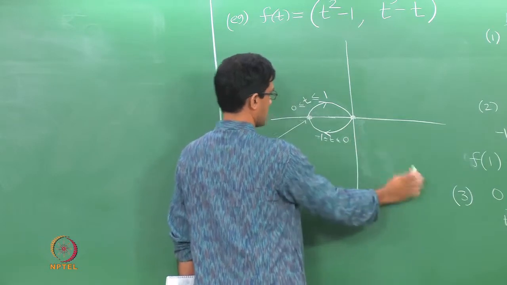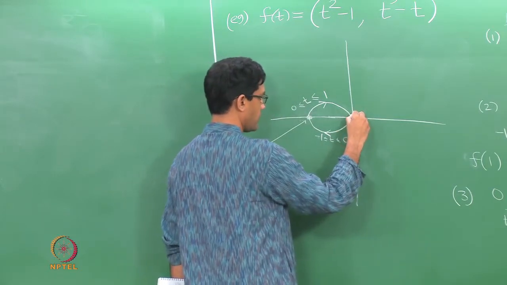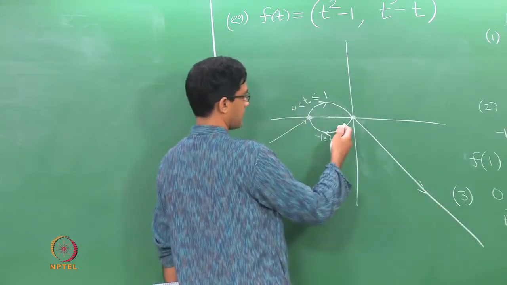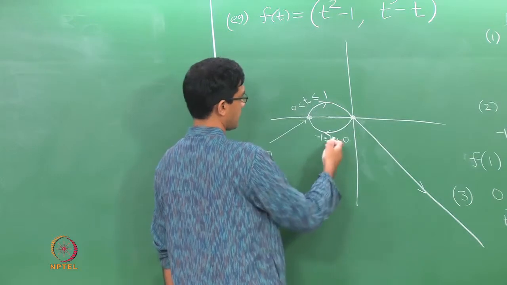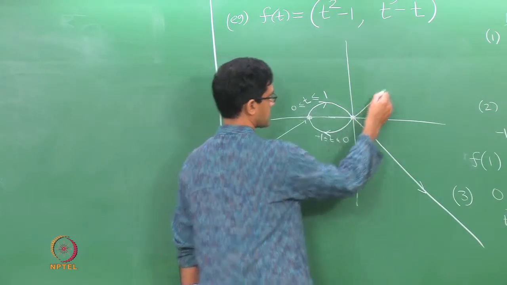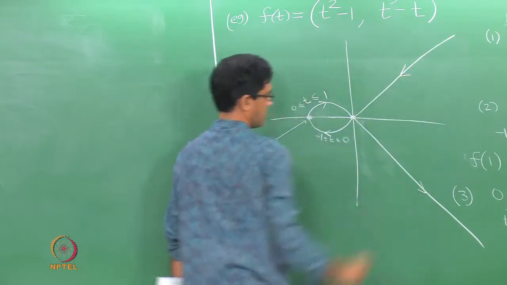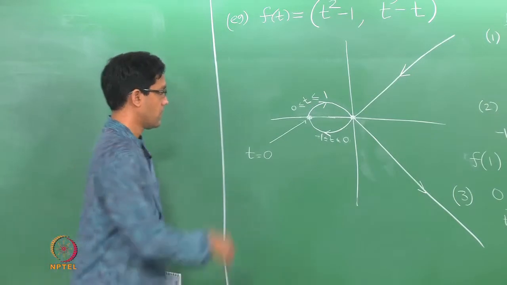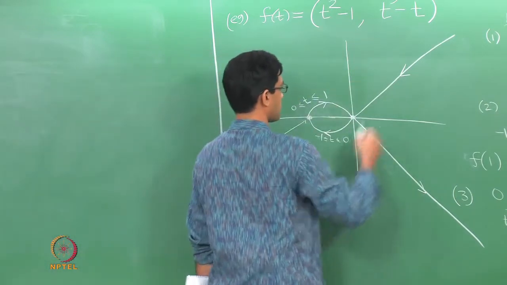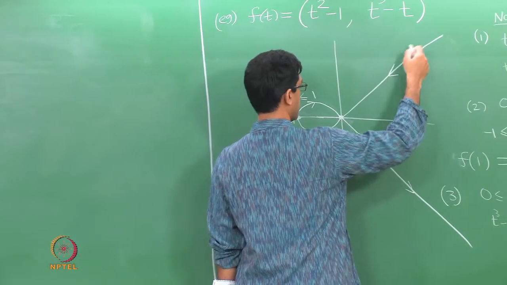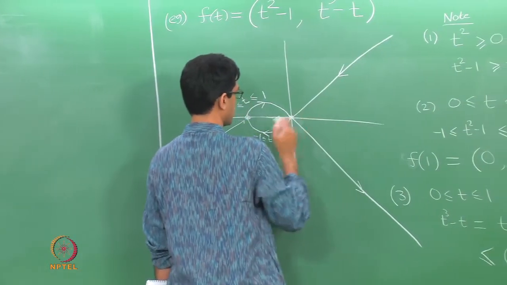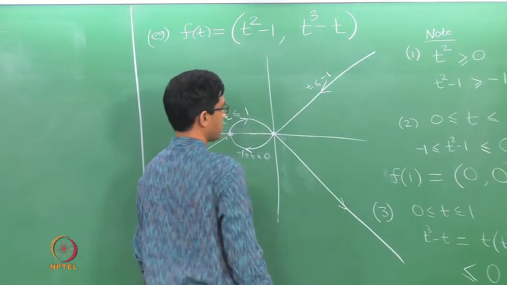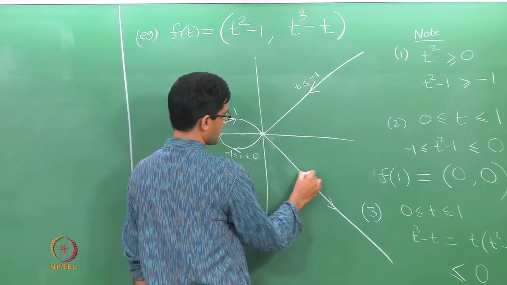Let us erase this. Now if you increase t beyond 1, here is what will happen, sort of something like that. And what if t is say even smaller than -1, then it is a curve like that. Okay, it is not quite a straight line, it is some curve, but it lies in that quadrant. So this is basically when t comes from -infinity down to -1. So this is when t is less than or equal to -1, and this is what happens if t is at least 1.